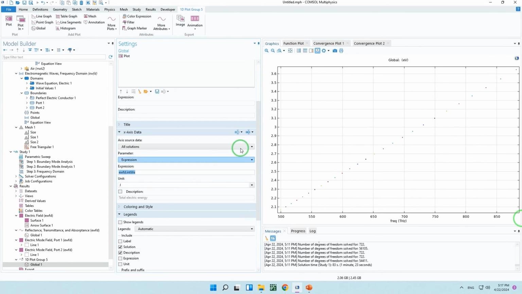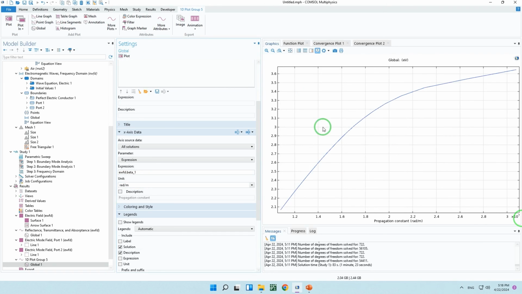I can choose EWFD, excuse me, EWFD dot beta, 1 radian per meter. It's better,